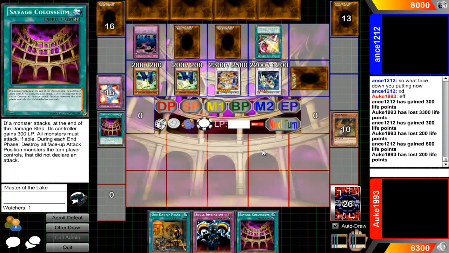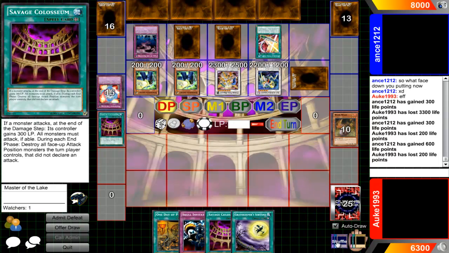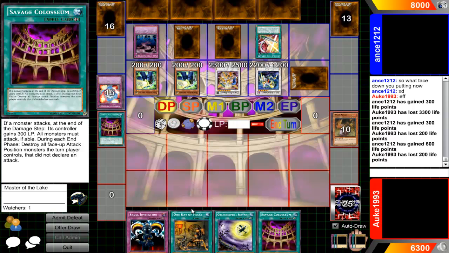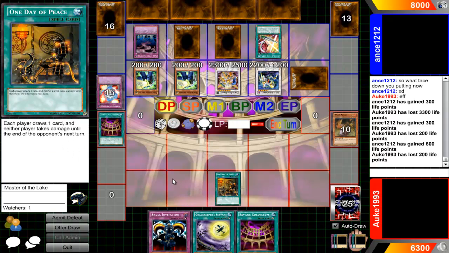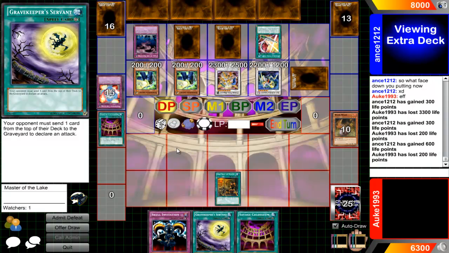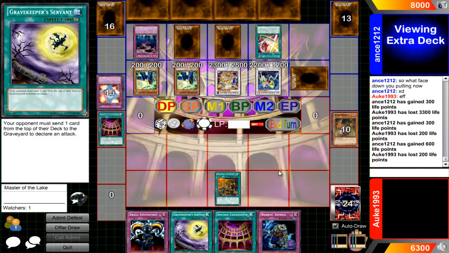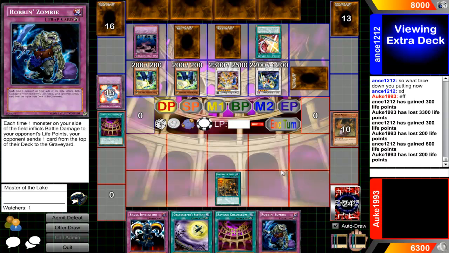If only their Power Tool didn't have an attack boost, because then Destiny or Defender would be just like, ha! Although they would probably switch to defense position at the time. Ooh, Gravekeeper's Servant does have the mill. Right, One Day of Peace apiece. They don't make me take damage. They're still forced to attack. Savage Colosseum combined with Gravekeeper's Servant is very nice, because then they're forced to attack, they gain life points, but they mill. Royal Zombie. Monster on my side inflicts battle damage to them, they mill. Yeah, they'll play it anyway, but